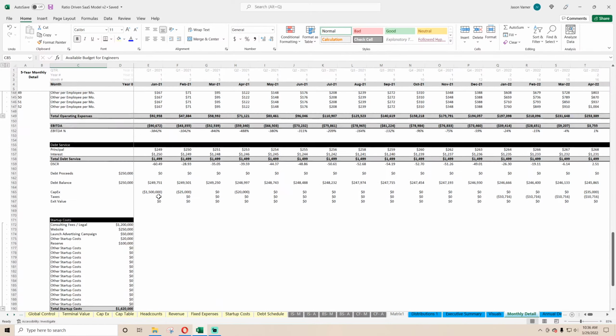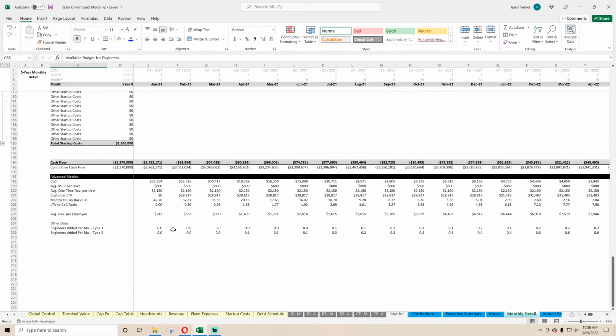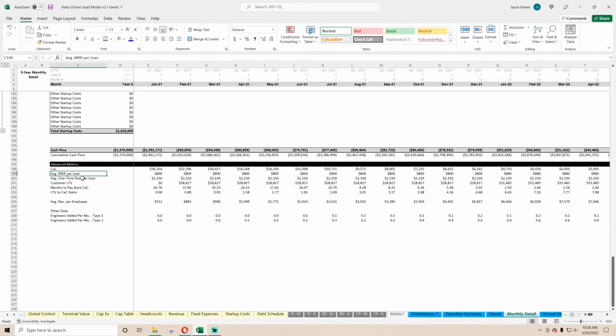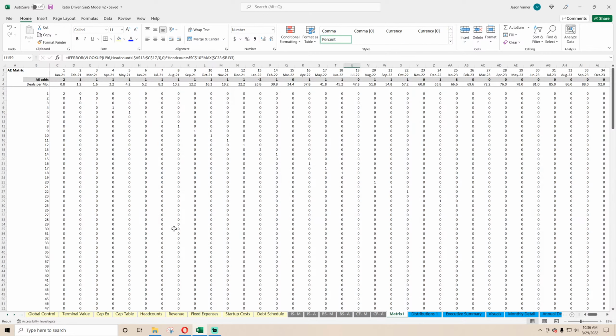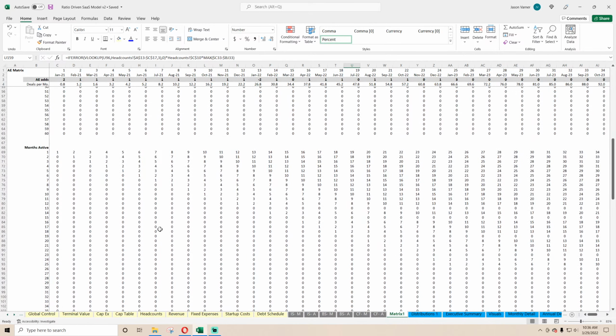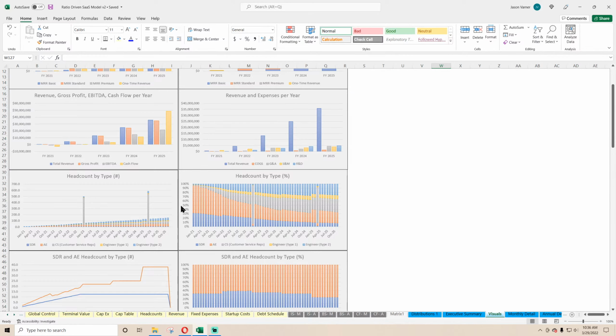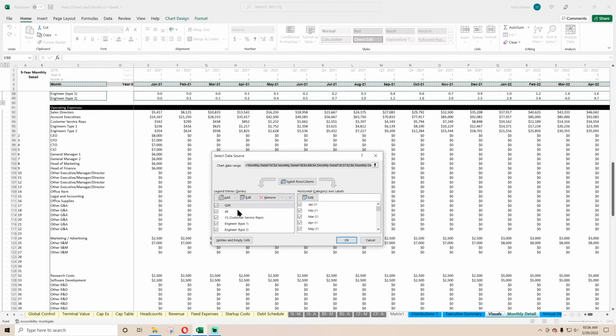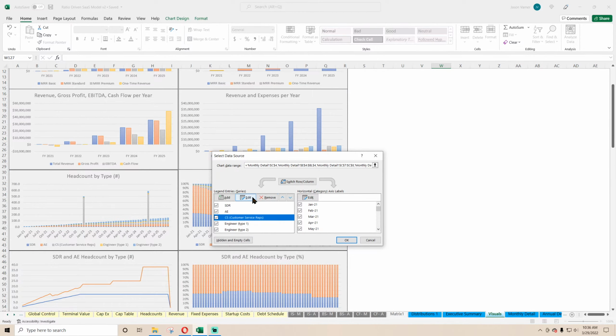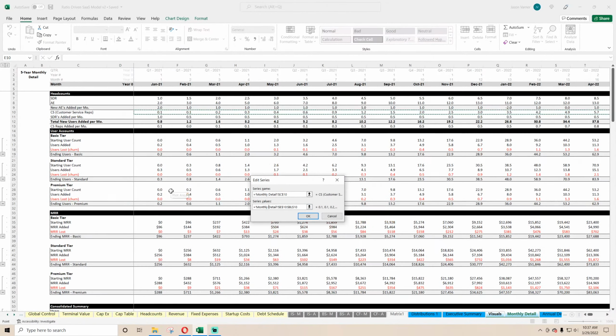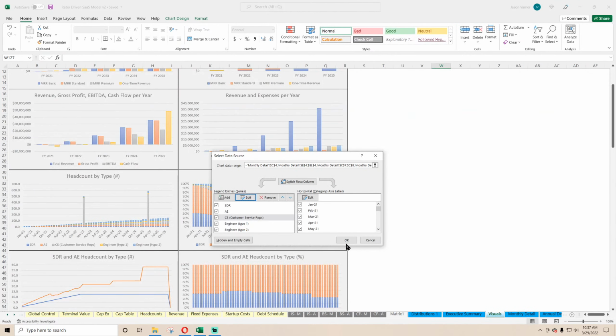Where is it? CAC, MRR, one-time revenue customer. I might have done it on this matrix tab. Let's see. This is mostly for deals, but nope, it's not on here. Let me see, where's this data at? Customer service reps. Ah, all the way up at the top. So customer service reps, row 10. So you can see there,